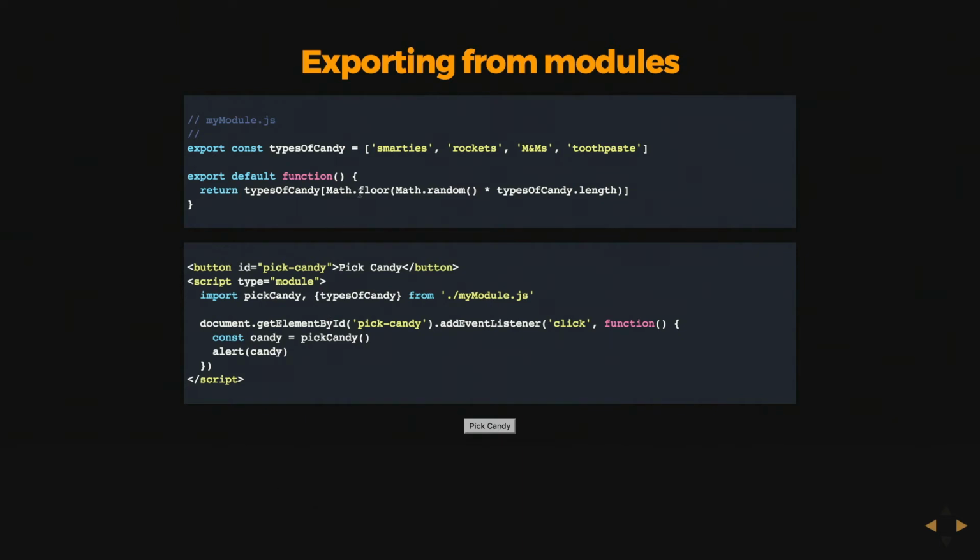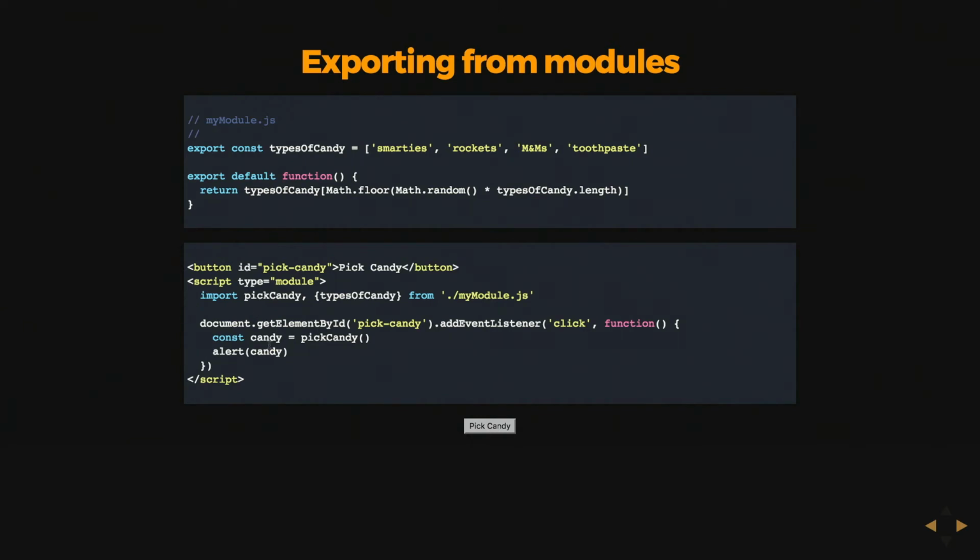So in this case, I've defined a module as an external script, and it's exporting a couple of different attributes. An array, which is called types of candy, and then by default, it's exporting this function, which will pick one at random. So I can import either of these things into another module, and